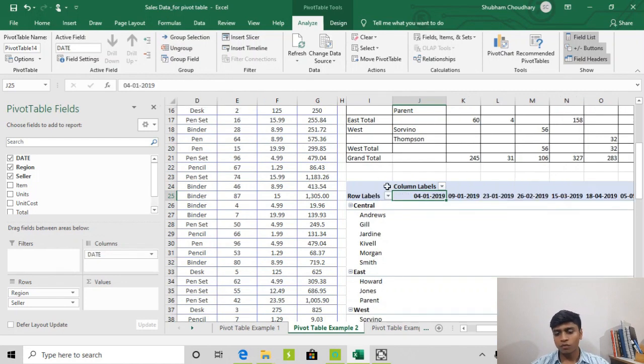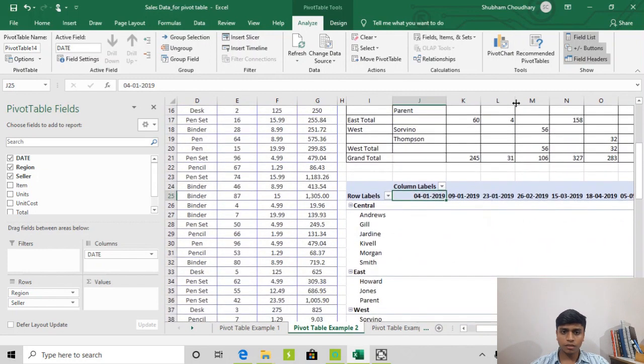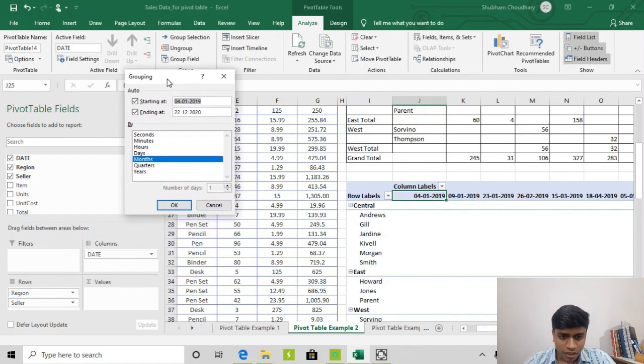Now if we ungroup, we find that this year has been changed to dates. Still we don't want this, so we just have to group it again. We will press this group field in the group tab. Now this window appears which asks what kind of group we want to make out of that particular date.